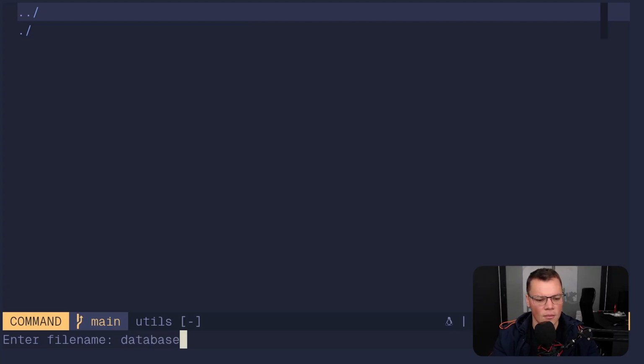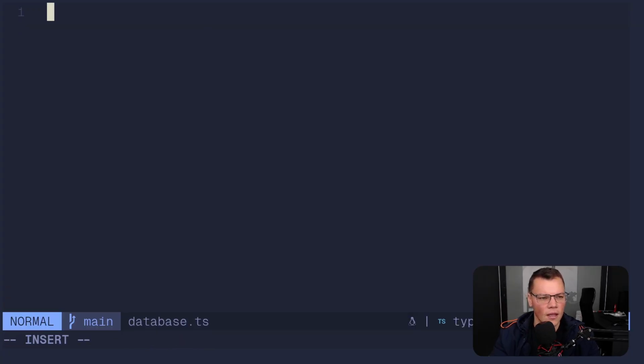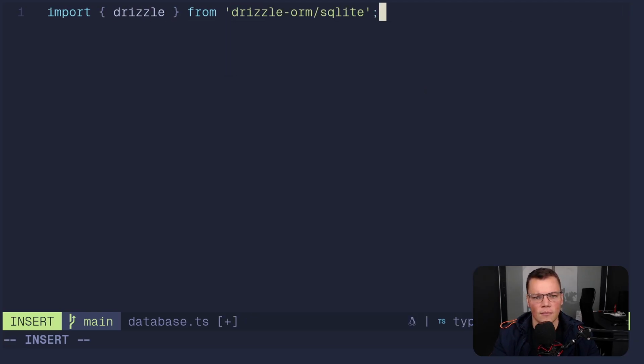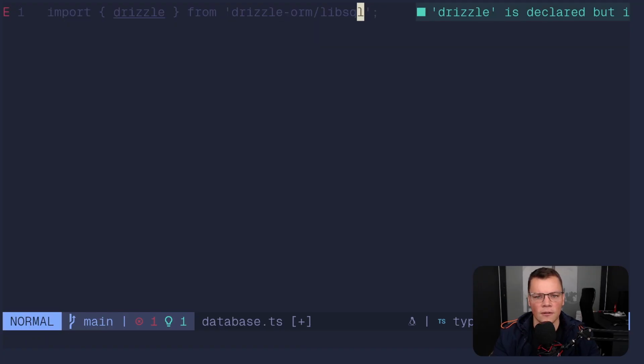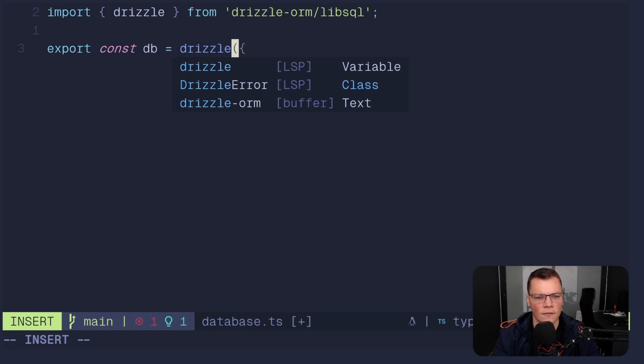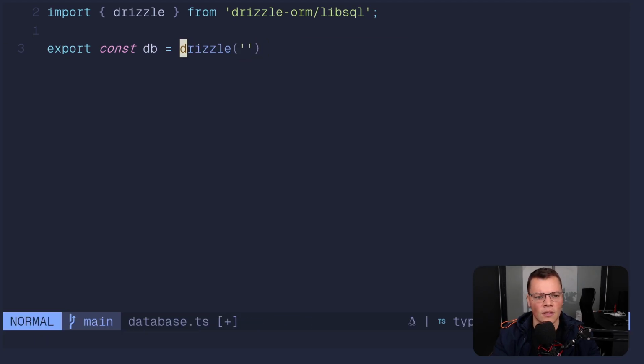I think let's call this database.ts. And then over here, we're gonna import Drizzle from the Drizzle ORM, not SQLite, but libsql. And we're gonna export const db equals Drizzle. And over here is where we define the path of the file, which is the same thing that we did in our